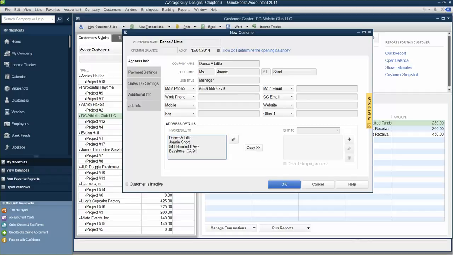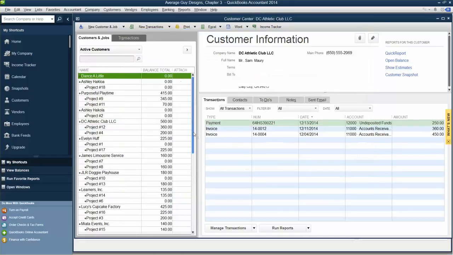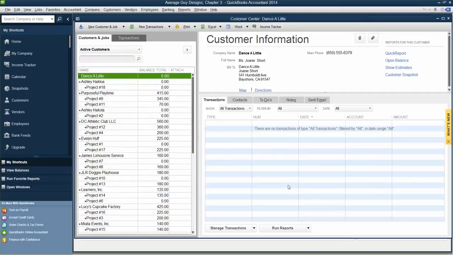California 91547. I'm going to hit copy, and oops, yes, that's right. And we're going to hit OK, and we're going to hit OK. So that means, let me hit it again so we can open it. So this is the address that the bill goes to, and this is the address that anything we mail to them goes to. So then we're going to hit OK, close it,